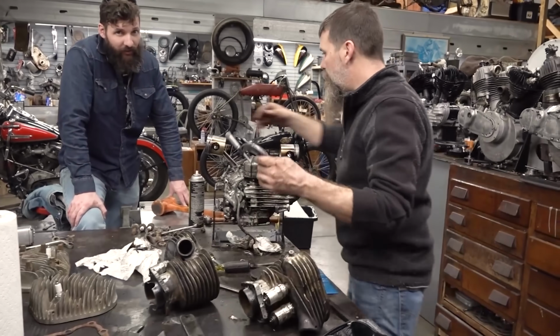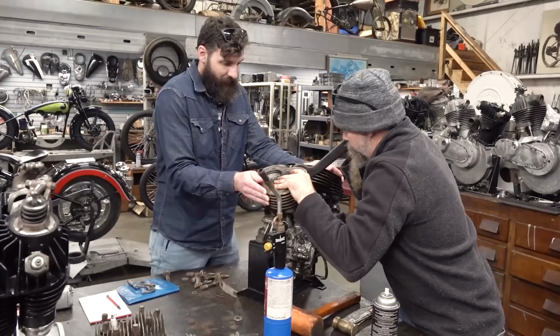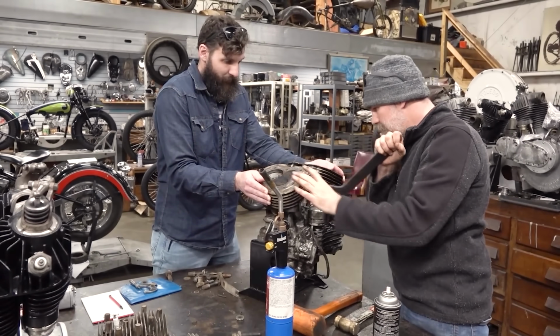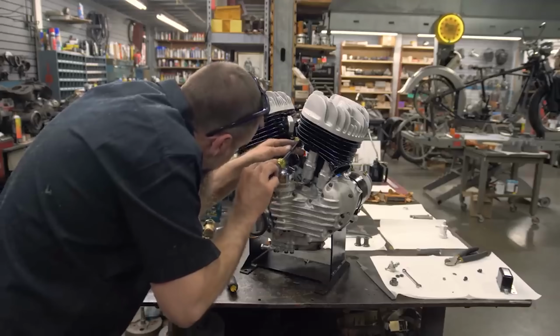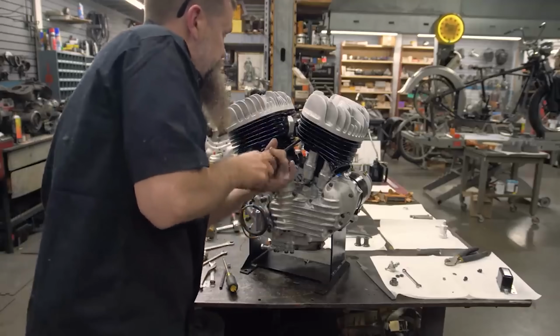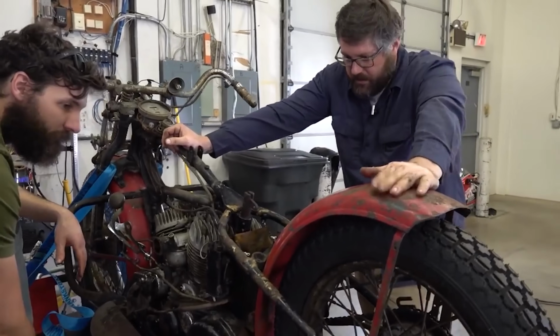6 months ago, the guys at Bikes and Beards asked me to rebuild their Harley-Davidson 45 motor. When the motor got here, it turned out it was an ultra-rare factory racing engine. After I finished rebuilding it, I challenged Sean to a race. When they got the motor back, it seemed like the project disappeared. Until...